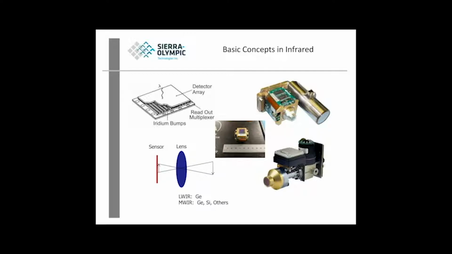Some pictures here, a cooled system in the upper right, that big long tube there is a compressor. It's like a compressor in your refrigerator. And it has a transfer line that loops around back, and it actually cools a sensor that's housed in a vacuum environment behind that window, which is that little window on that cone to the left. So in a cooled system, you can call it an IDCA, an integrated dewar cooler assembly, or a split linear dual cooler system. The one on the top is a split linear system. The one on the bottom is an integrated